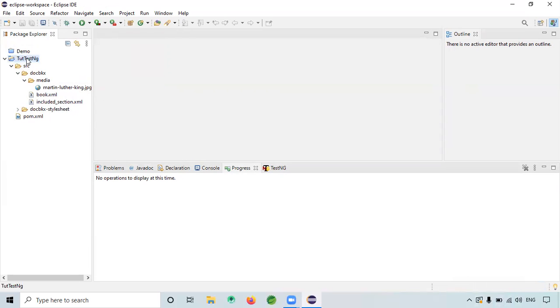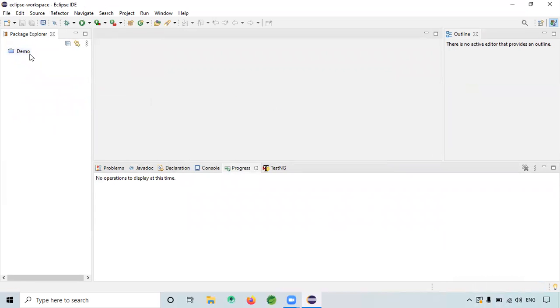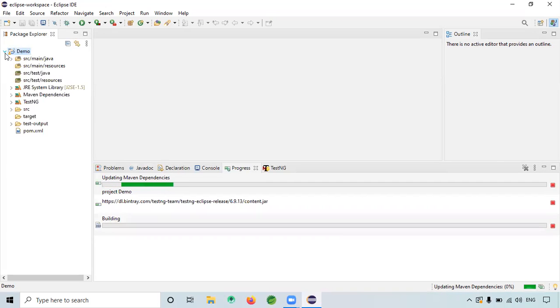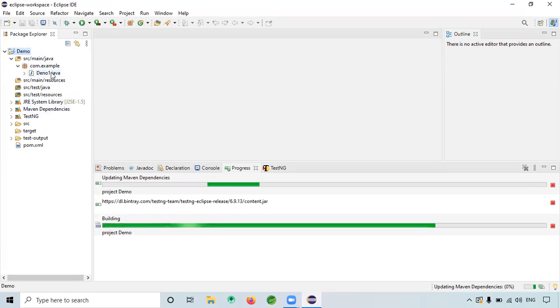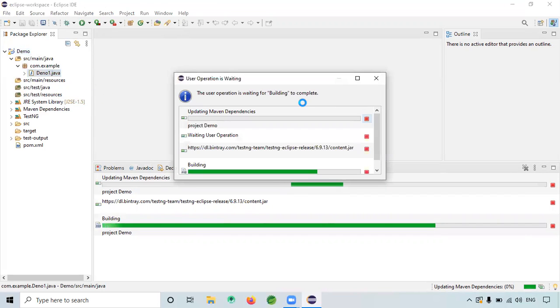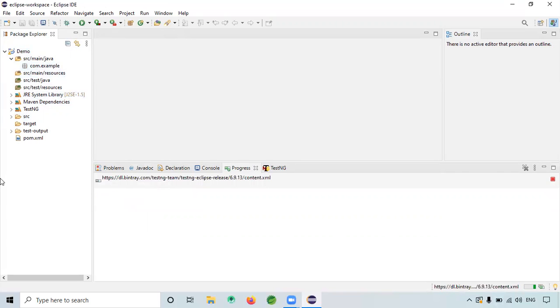I downloaded this yesterday only. After creating the Maven project, we have to add some dependencies to my pom.xml.